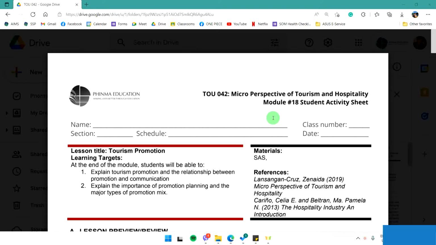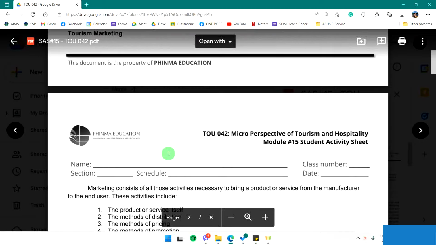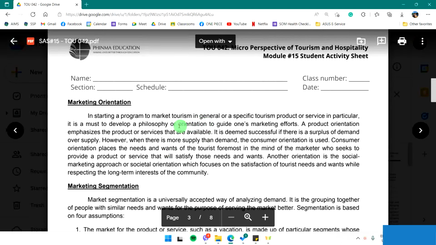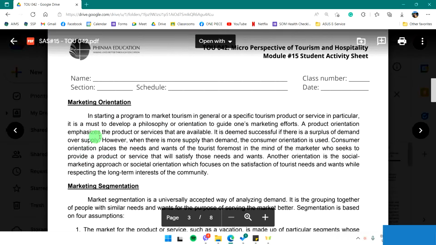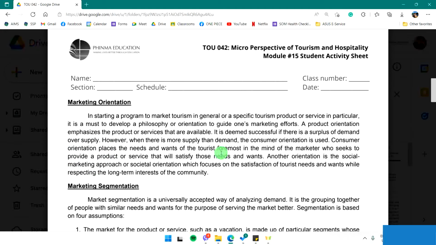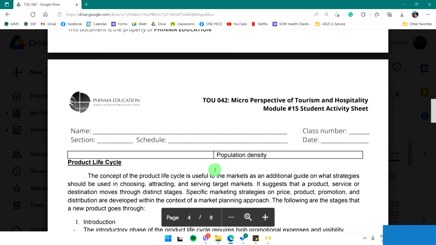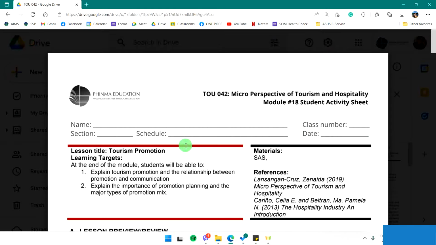The last topic that we tackled is tourism marketing. We talked about segmentation and the need for marketing here in tourism, and marketing orientation, us being a consumer-oriented business. Since we are a tourism and hospitality industry, our supply is really more about the experience, not the inventory. Now we're going to talk about tourism promotion, particularly promoting